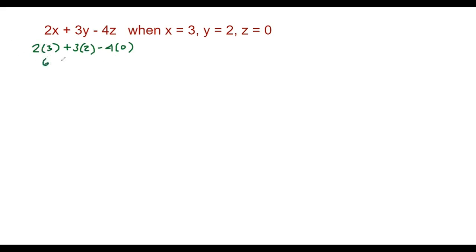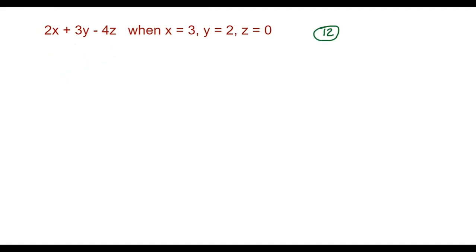2 times 3 is 6. 3 times 2 is also 6. And we're subtracting 4 times 0. Well, 4 times 0 is just 0. So we could say we're subtracting 0 or just leave that off. And we're left with 6 plus 6. So the answer to this question would be 12. And this might be an example of a problem where you would be asked to do this without a calculator because the math is